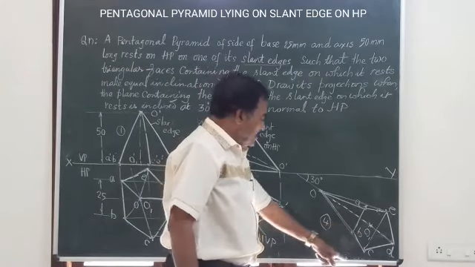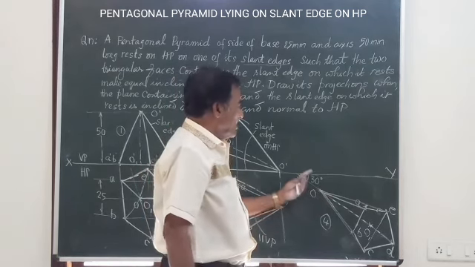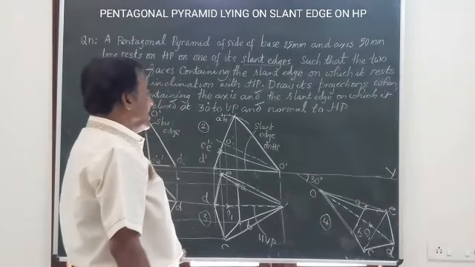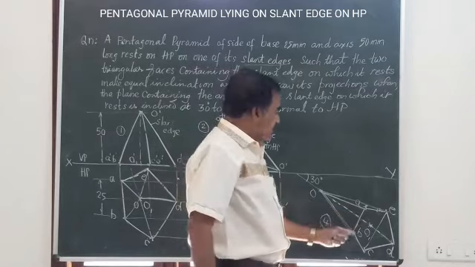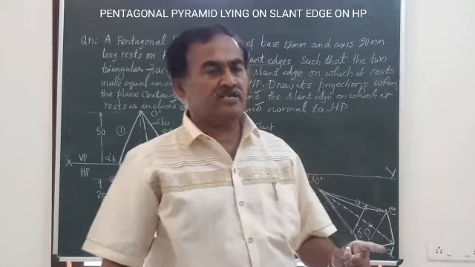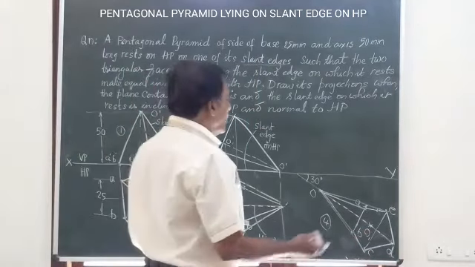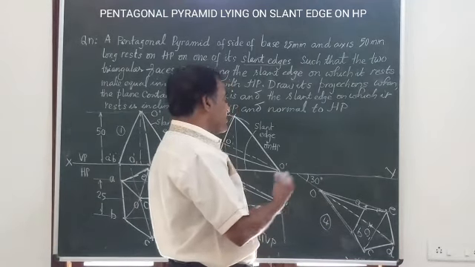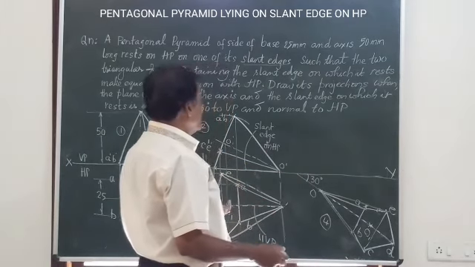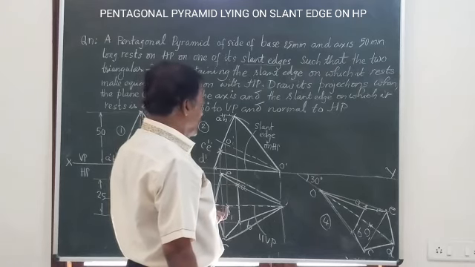The base of the solid is nearer to the observer, whereas the vertex of the solid is away from the observer or nearer to. Since the condition is not specified here, you have the choice to take the base nearer to the observer or vertex. It's always preferable in all the pyramids to take the base of the solid nearer to the observer, so that all those 5 or 6, whatever the number of edges, you will be able to see completely in the front view. Now we are left with the construction of the final front view of the solid. Follow the procedure and get the figure.